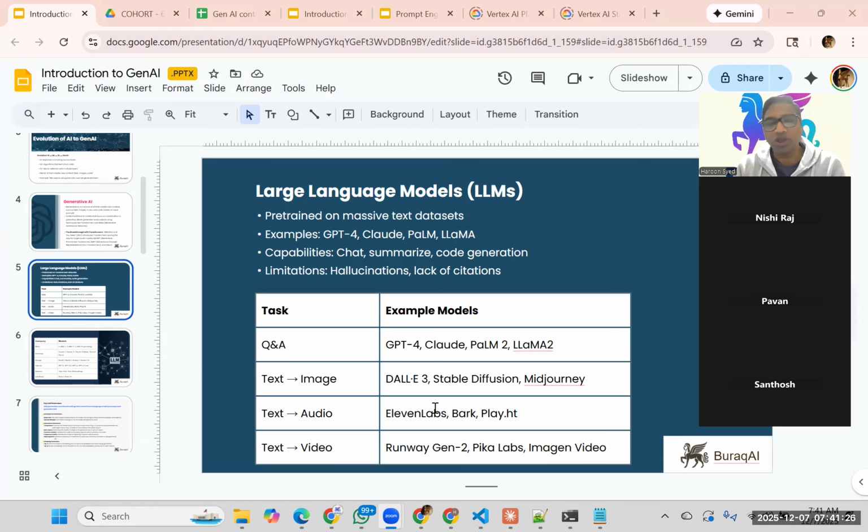Let's get started with a quick recap of what we discussed yesterday, and then we move forward with a couple of topics that would lay foundation for our training. Basically, yesterday we talked about how Gen AI has evolved, and then what is a large language model, what is ChatGPT application versus a model, LLM, what are the features of an LLM model, what are domain specific, what are different types of LLMs like text to image, text to audio, text to video, image recognition, audio recognition,